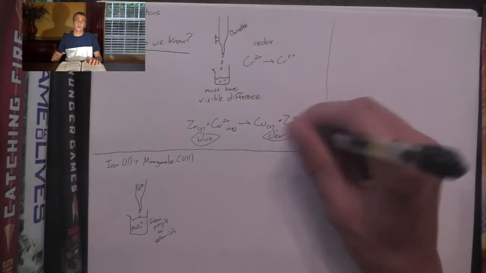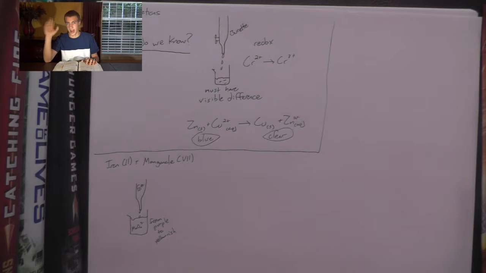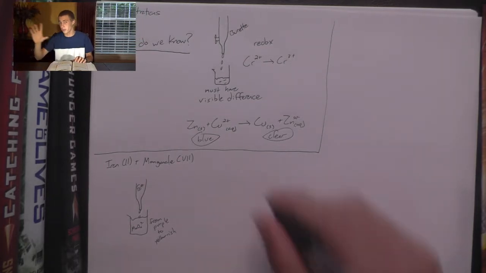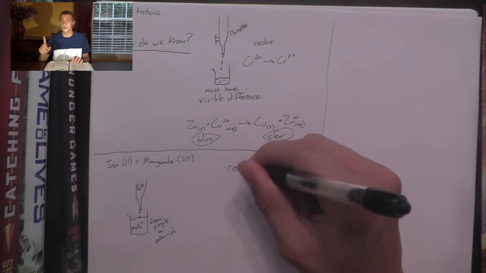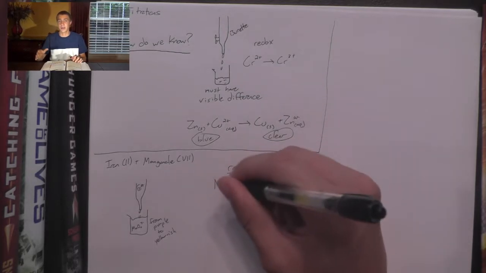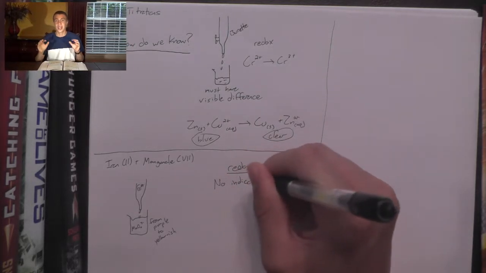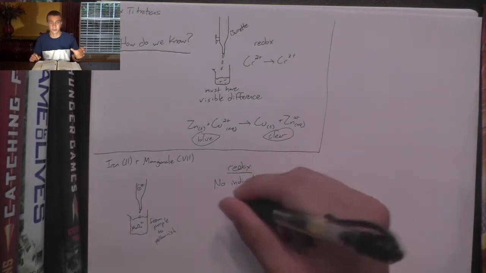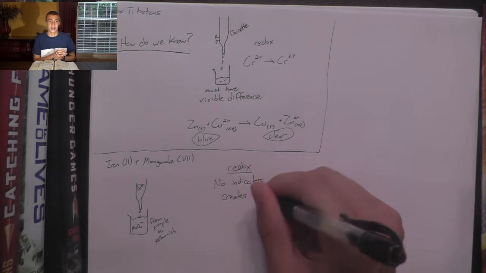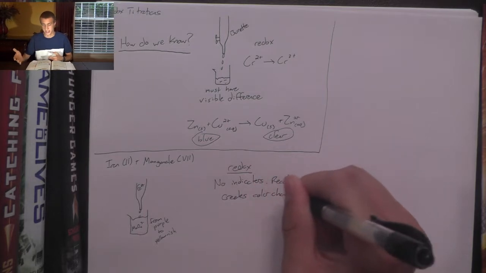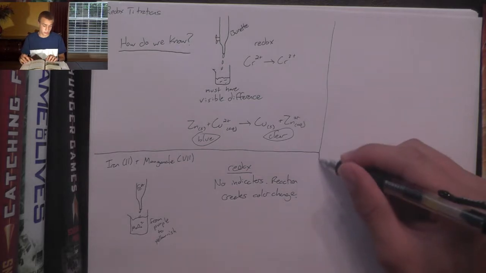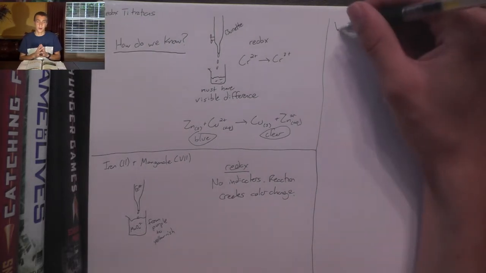So remember your differences between titrations for acids and bases, and titrations for redox. In redox titrations, you're not using indicators, and you have to make sure that the reaction itself creates a noticeable color change. Versus with acids and bases, you're not going to see a noticeable color change unless you add in an indicator, for example, phenolphthalein. So another very important reaction that we're going to talk about is the Winkler method,